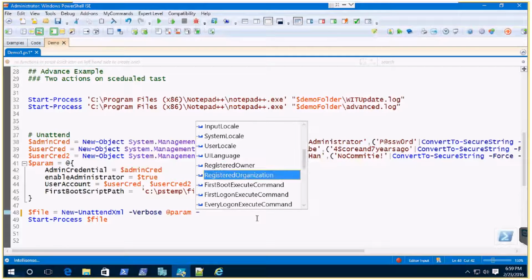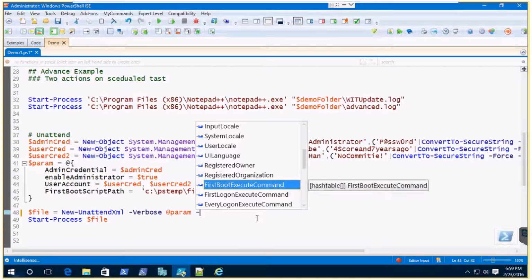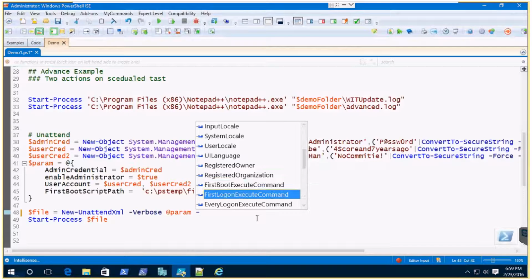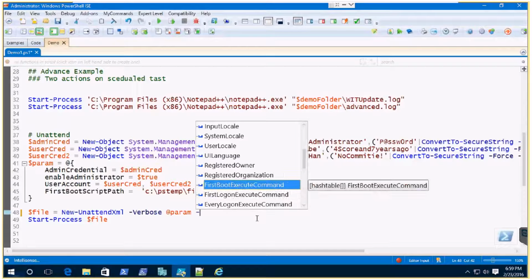Now these ones here, the first boot, first login, and every login, they take a hash table. The hash table is going to be the path of the command, a description of it, and the order in which you're running. So that I could run any number of additional functions if I needed to pre-install some other item that I have added into my image for when I'm actually going beyond the Windows update. So that's an additional program to try to help. You can put in any other additional scripts you want to run and files that you may have populated the whole